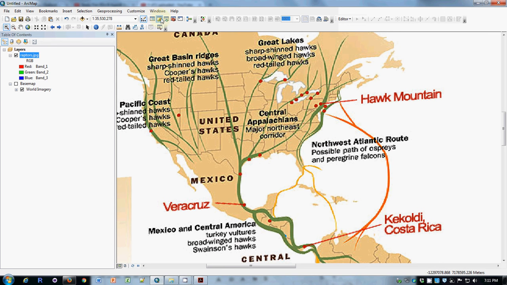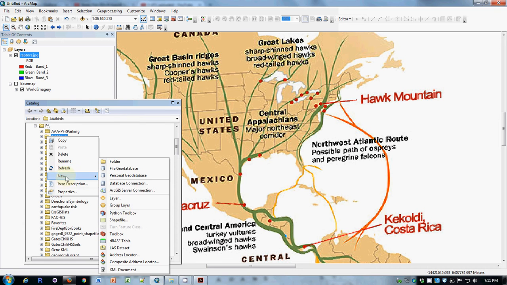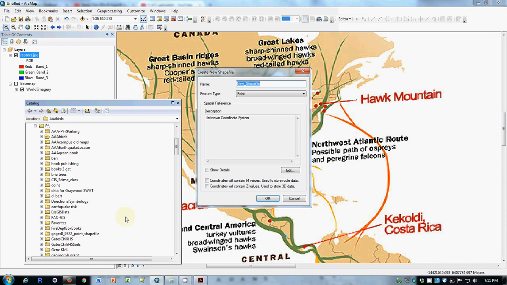I'm going to go to the Arc Catalog tool, and these are just procedures that people learn with practice over time. I'm showing it because I think it's important to know that there is a fixed procedure, and there's a certain number of steps behind doing something like this. I have a folder for this project, and in it I will create a brand new empty shapefile,